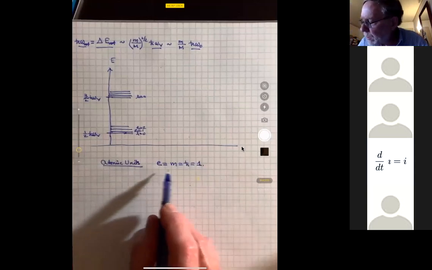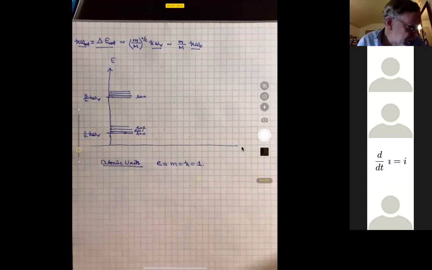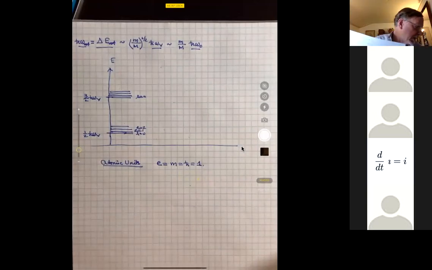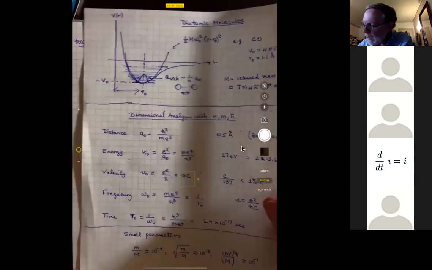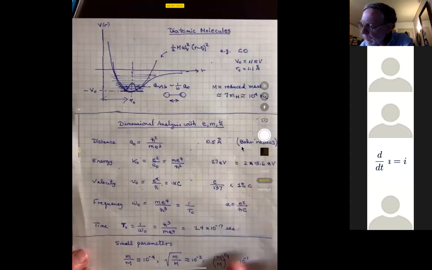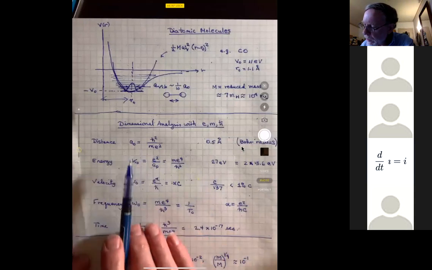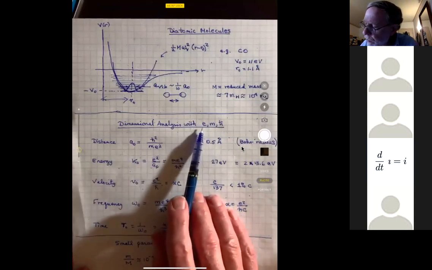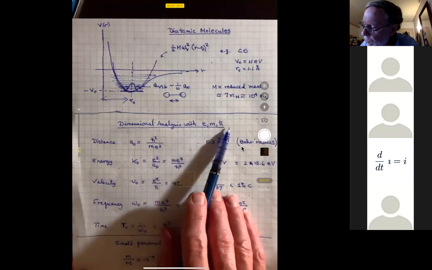And you may recognize that these are the same constants which are used in the cases of diatomic molecules in this dimensional analysis that we did. So to bring that back, here's our dimensional analysis, giving us the distance, energy, etc., all as functions of e, m, and h-bar. So if we choose units so that e equals m equals h-bar equals 1,